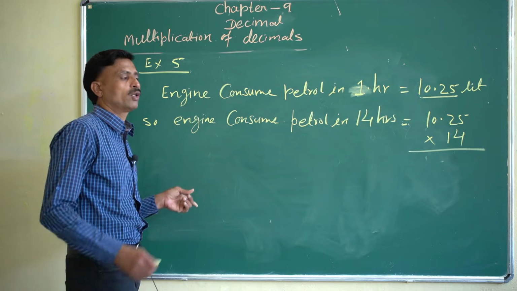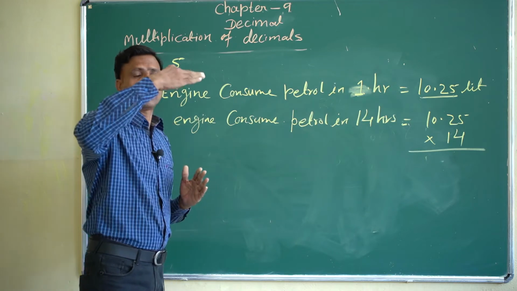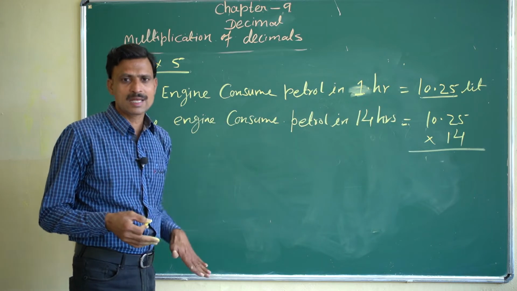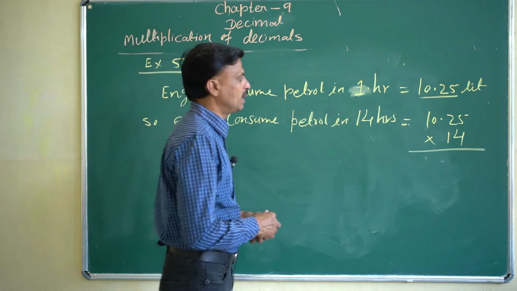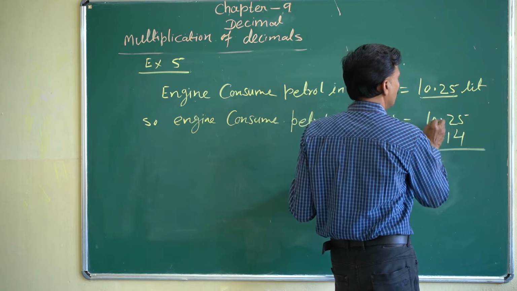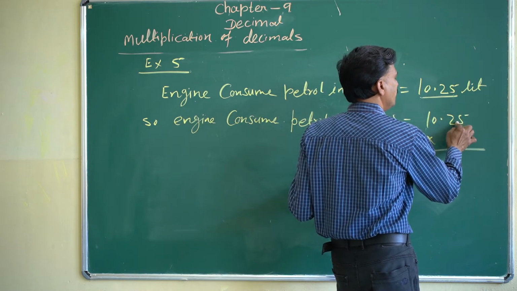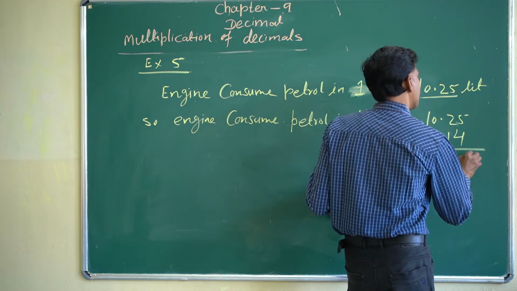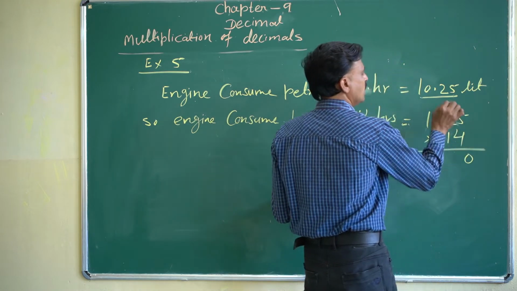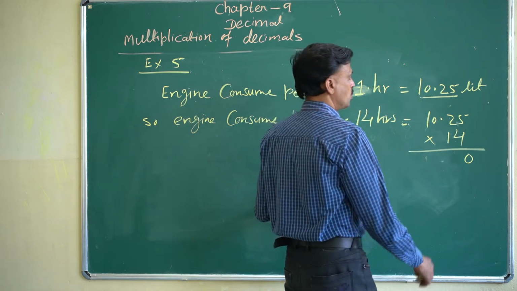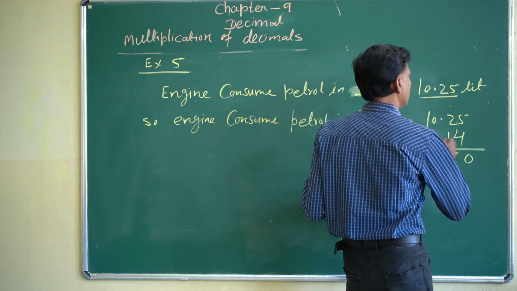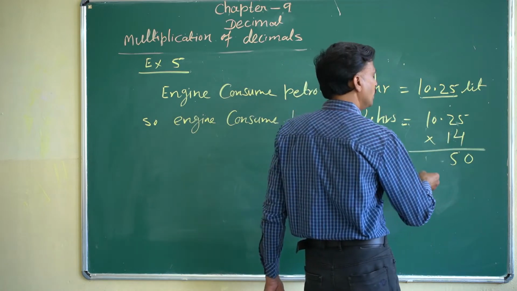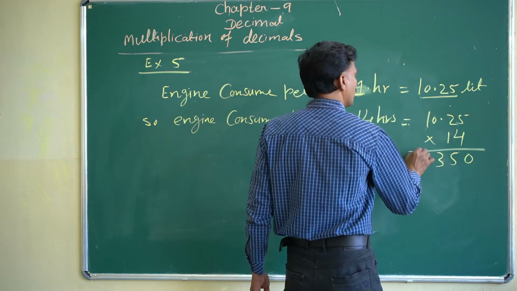When we are finding the value for the greater amount, we multiply, and when we are finding the value for the lesser amount, we divide. So here we will multiply. You know the table of 14, everyone knows. So we multiply by 14. 14 times 5 is 70, write 0 carry 7. Then 14 times 2 is 28, plus 7 is 35. Since this is zero, 14 times 0 is 0, plus 3, 3 only, and this is 14.